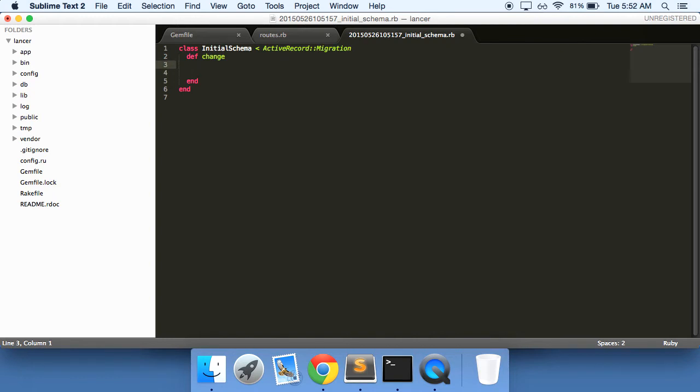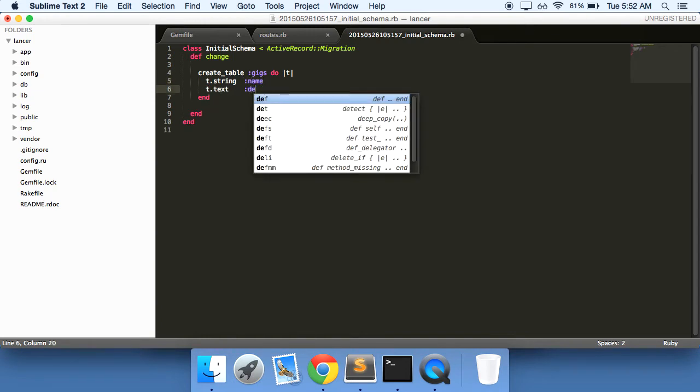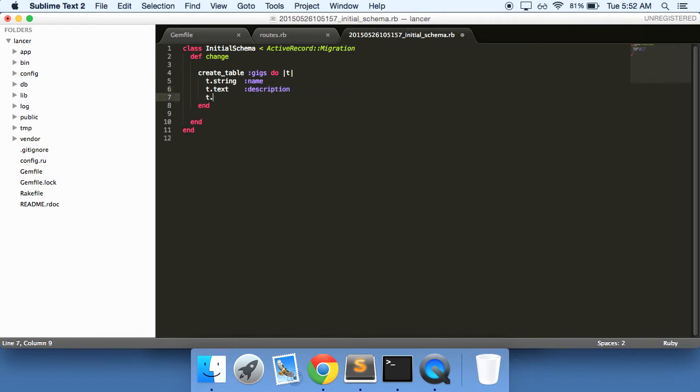And so let's go ahead and start creating all of our tables. So we'll do create table. We're going to call it gigs, you can call it jobs, you can call it all sorts of things, but for sake of ease, I highly recommend that you just call all of the tables what I'm calling them here. So we'll have a gigs table, do t, it'll have a name, it'll have a description, let's see, an integer for the budget,